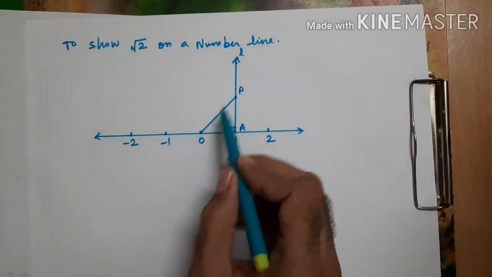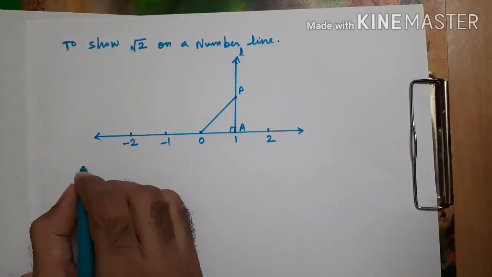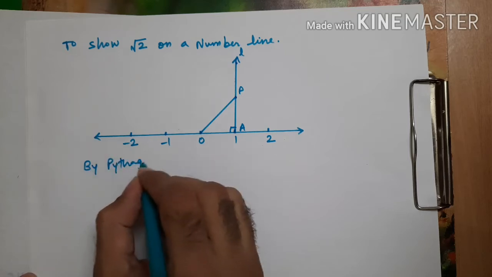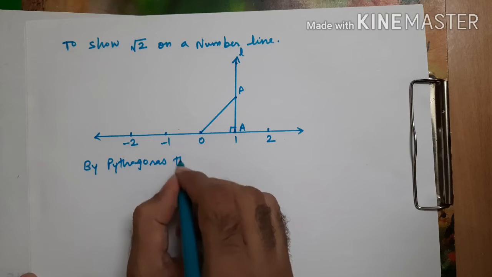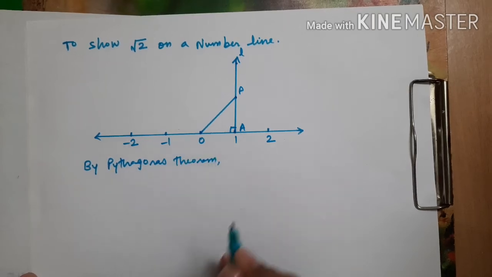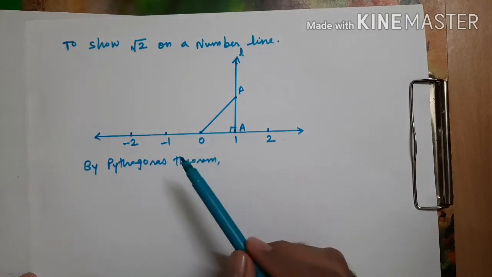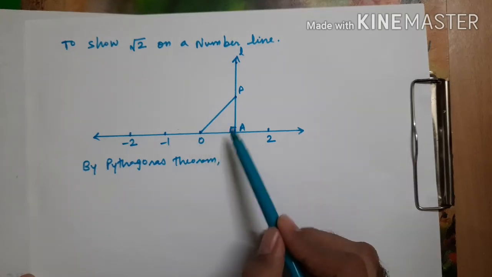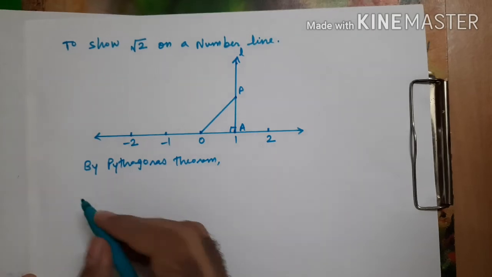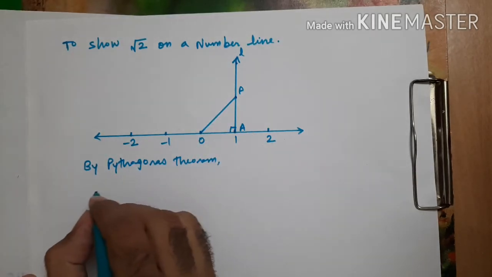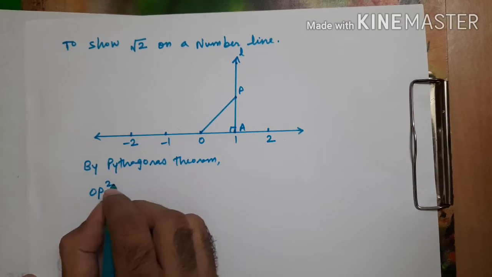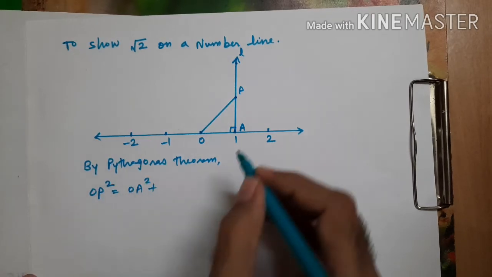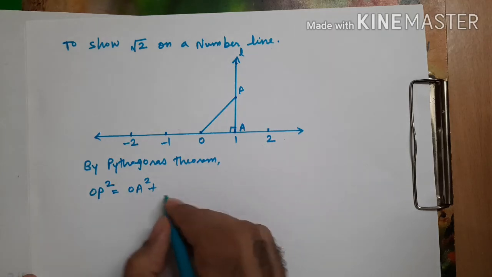By Pythagoras theorem, what is Pythagoras theorem? Hypotenuse square equals side 1 square plus side 2 square. So hypotenuse is OP. So OP square equals side 1, that is OA square,